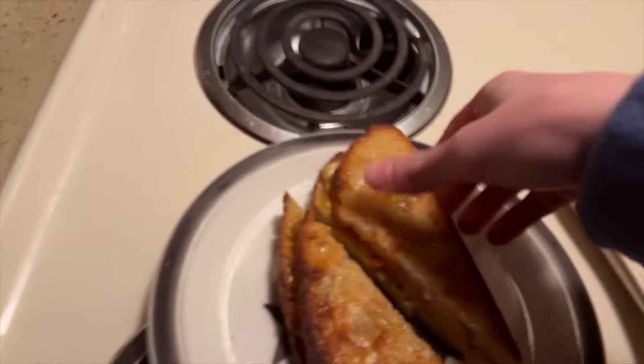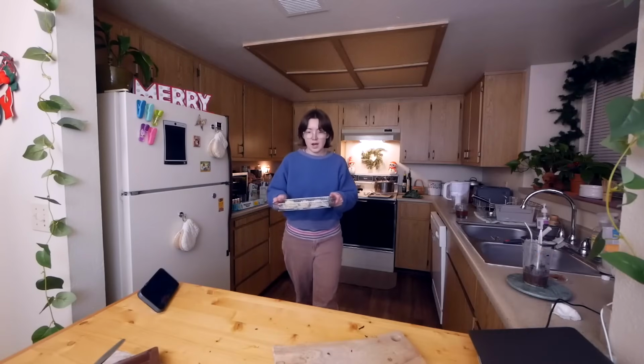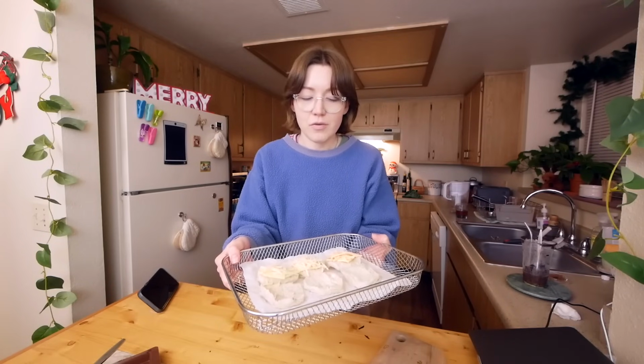And this is sourdough from my aunt. Shout out my Aunt Tammy. It was really good sourdough and it made the most amazing grilled cheese. I had some leftover biscuits, like canned biscuits, and I need to use them, so I put 3 different combinations